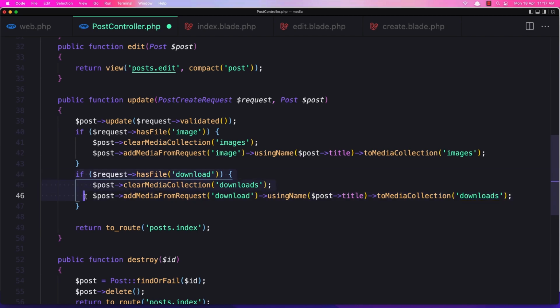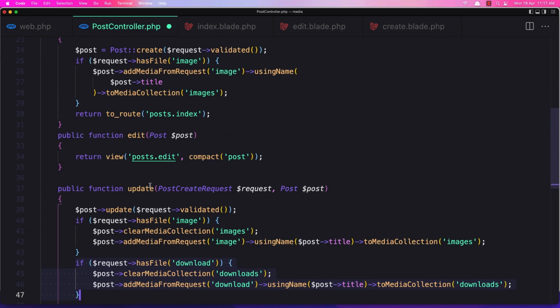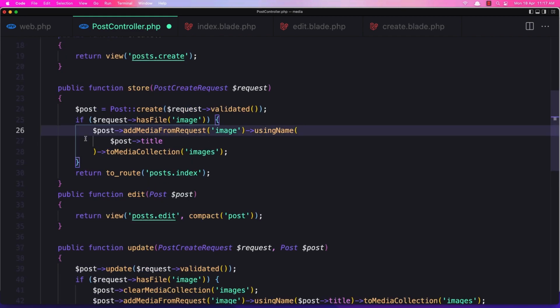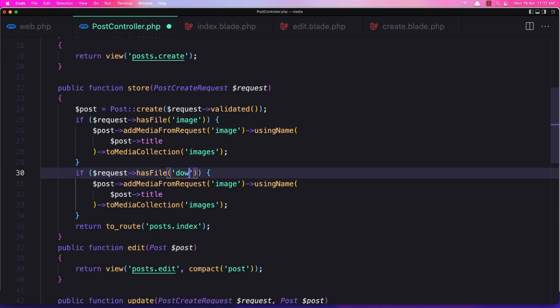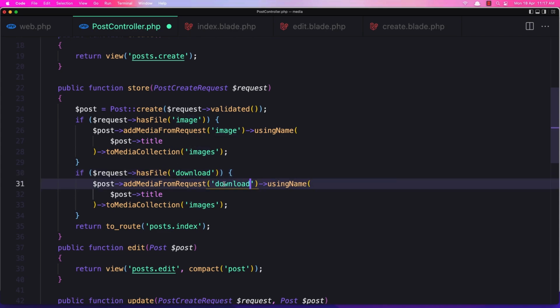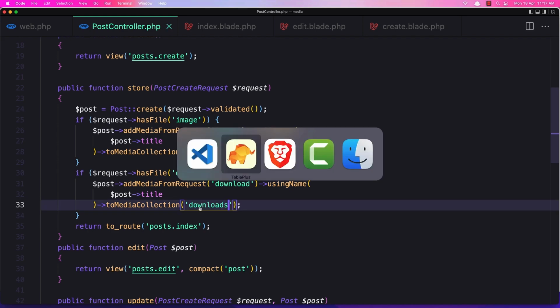The same thing for the create store. So I'm going to copy this and check if the request has file download. I'm going to add, and also here add media from request. Download is the name of the media, and to the downloads collection. Let's save it,